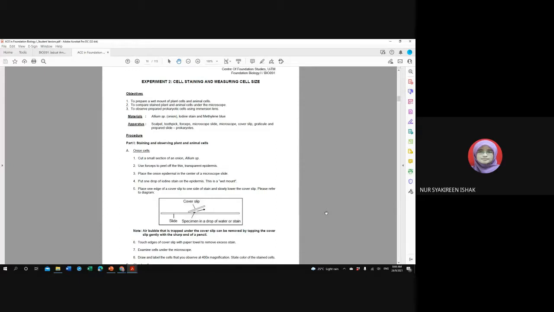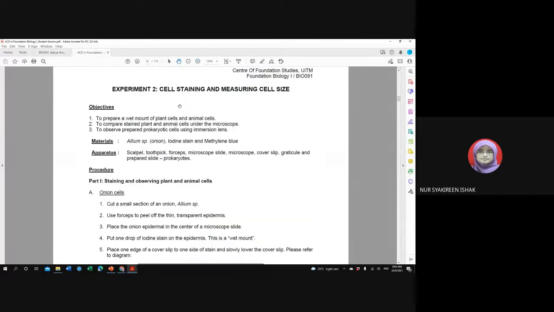Okay, so in the title, it says here cell staining and also measuring cell size. So basically, we are going to look only at the part on cell staining. We are not going to look at measuring cell size. Okay, so only cell staining. So the objective of this second experiment is to prepare a wet mount